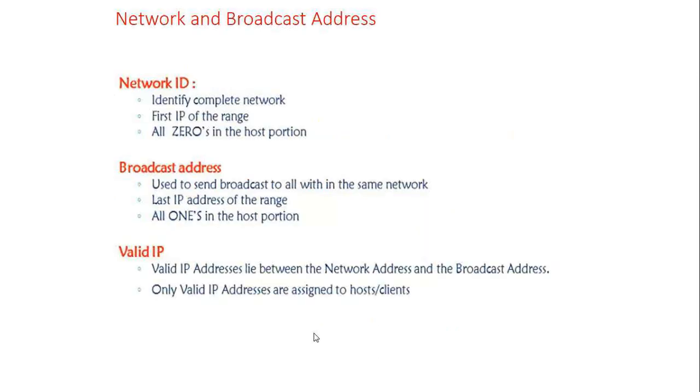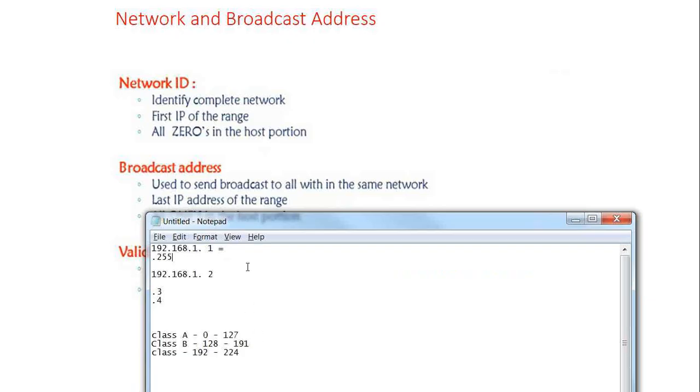I think we have already discussed this one. The network ID is to identify the network, the first IP of the range. Network ID means all zeros in the host portion. Let me clarify this. What does it mean? When you want to write a network ID in decimal or binary format, to represent the network ID, you will show the host portion as zeros. So what it means is